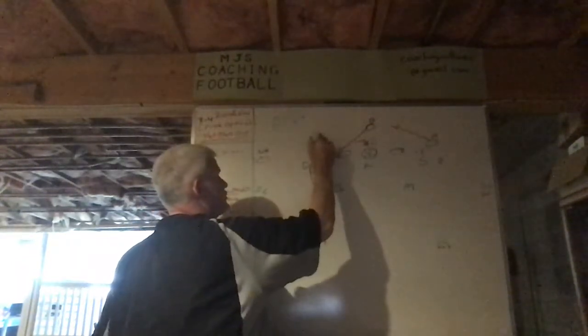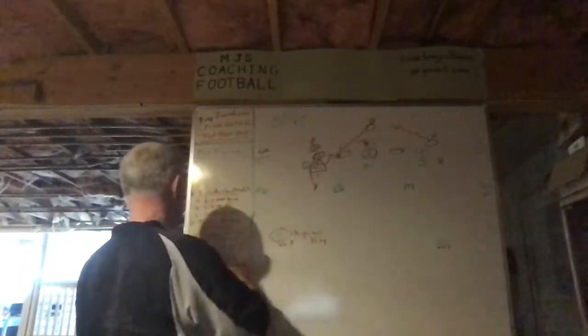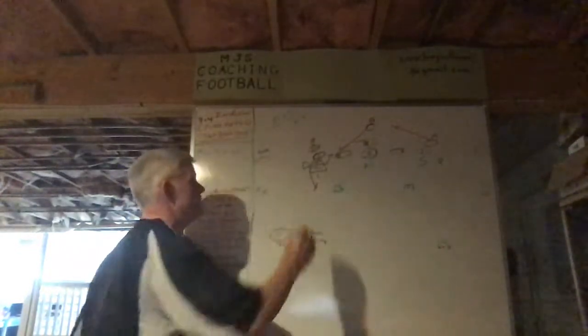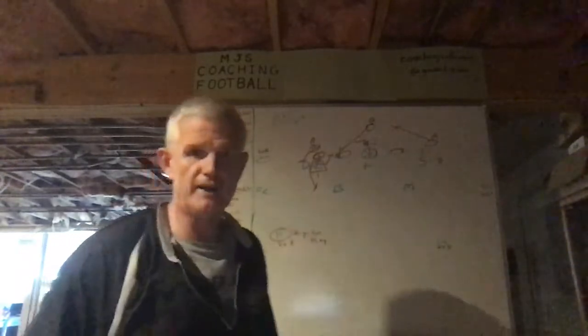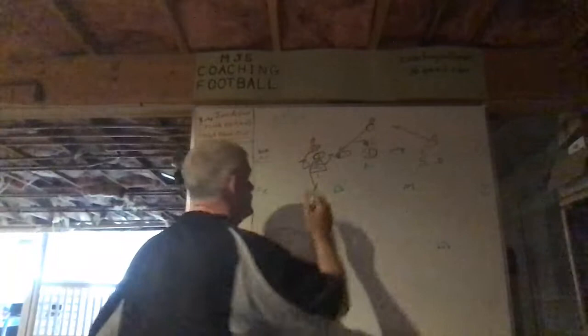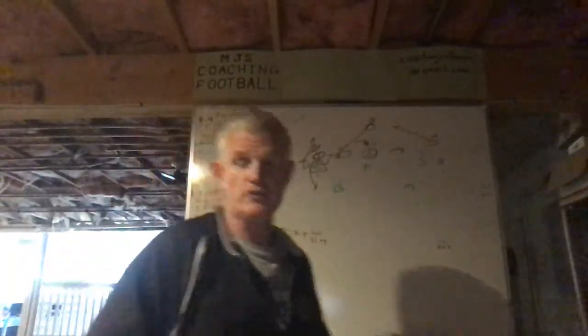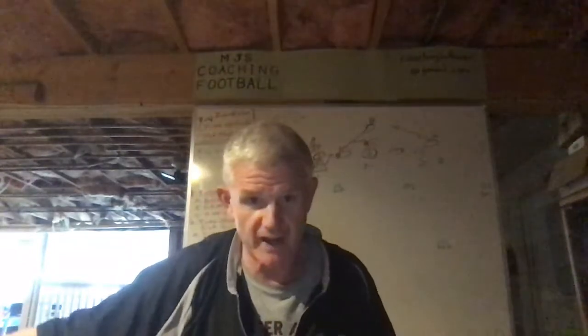So now let's get to the slot block, right? He is going to seal or cut. Well, we know how much triple option teams like to cut. So he is going to try, and what we say, he's going to try and log his outside leg, chop his outside leg. Okay? So what we teach our outside linebackers is they see their inside eye, they see the